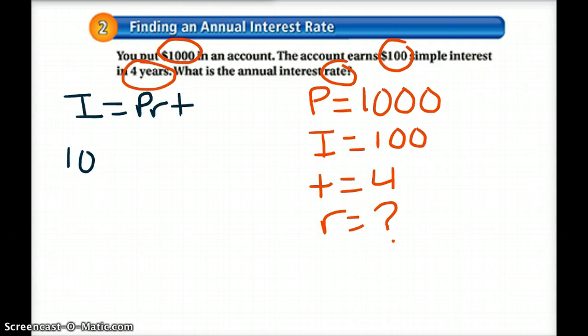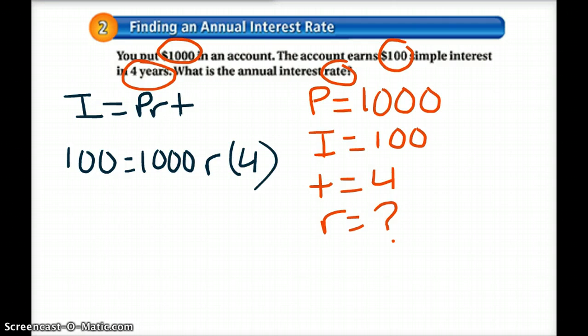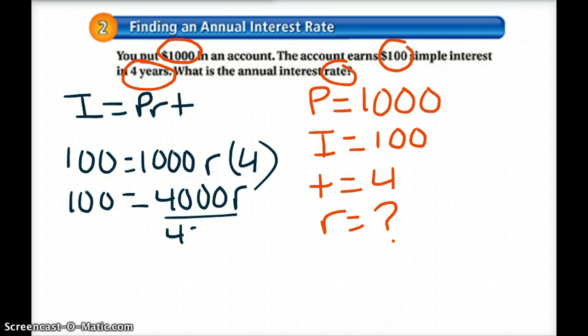So plug in what you know. I is 100. P is 1,000. R is our variable that we're solving for. And T is 4. So now we can go ahead and solve the equation. Simplify the right-hand side. So you're going to have 100 equals 1,000 times 4, which is 4,000, times R. To solve for R, divide both sides of your equation by 4,000. And when you do that, you're going to get